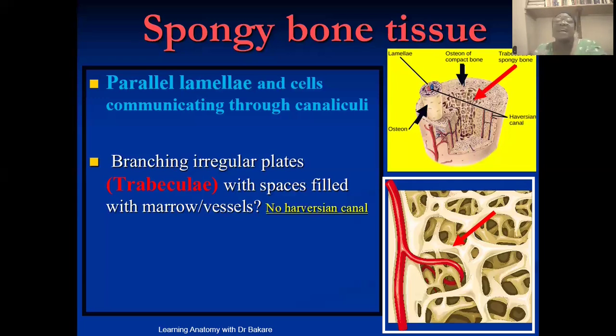If you go back to the arrangement of the lamella in the compact bone, you see that the Haversian system has a Haversian canal at its central part, through which neurovascular structures will pass to supply the bone tissue. In the spongy bone, we do not have the Haversian canal. The spaces that are created between the irregular network of lamellae, referred to as the trabeculae, are what create the passageway for blood vessels. So neurovascular structures will pass through these spaces